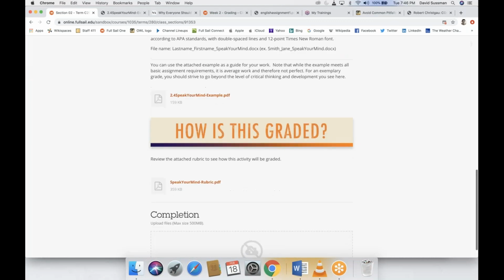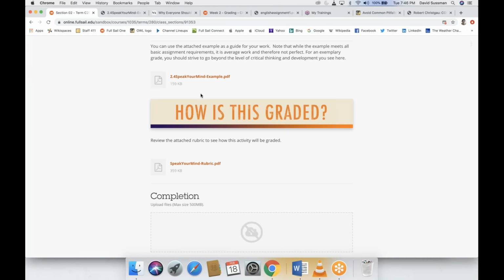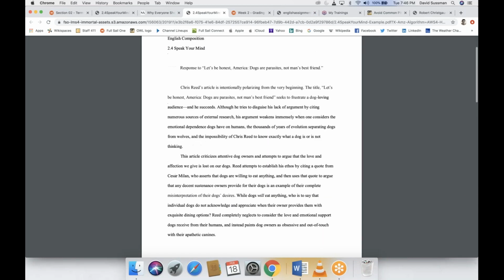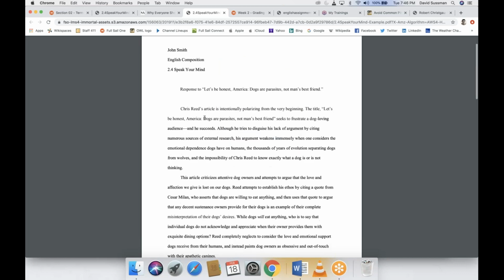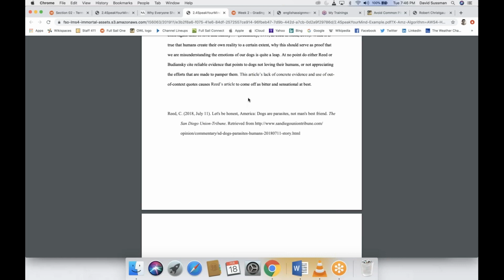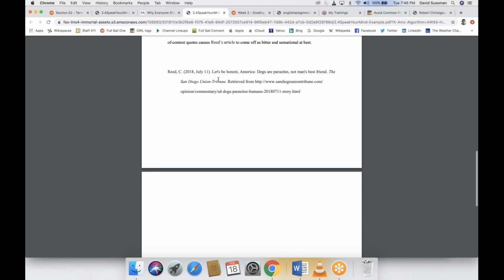Here we go, 3.5. I know I'm being confused because it's still labeled 2.4. I got to fix that. And I already had it open. So I'm looking for something I already had open. Okay, but the same thing here. This is an APA format. Yeah, I can nitpick. There shouldn't be this extra space here. The word references is missing, should be centered. But otherwise, yeah, this looks perfect.